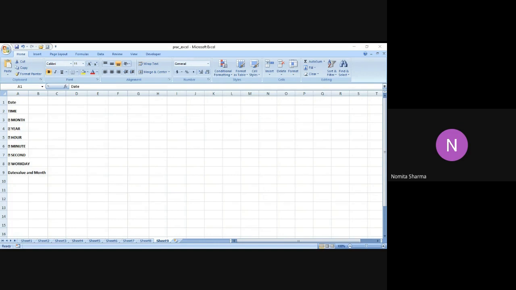Day function, as it says, it will return the day of the date represented by a serial number. In a similar manner, when it comes to time function, this will return the decimal number for a particular time. And as and when we change these functions to hour, minute, or second, accordingly the function will perform the said activities.